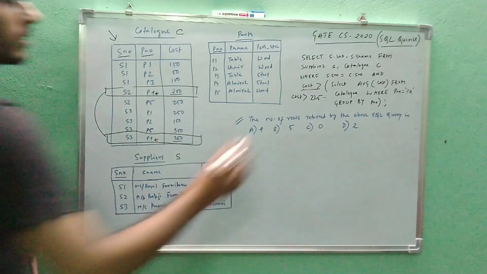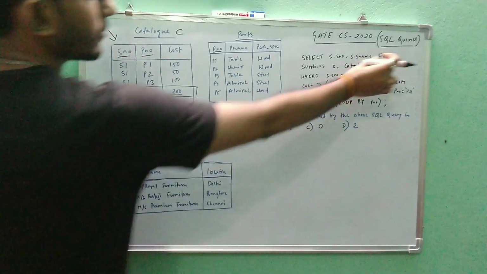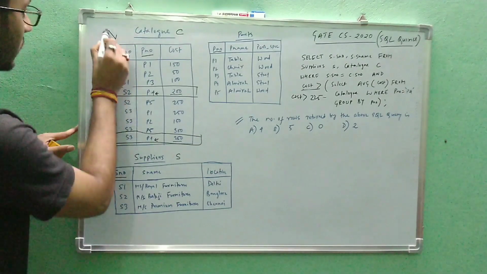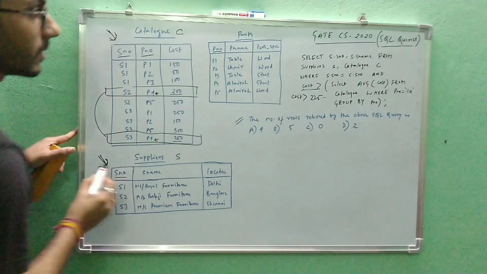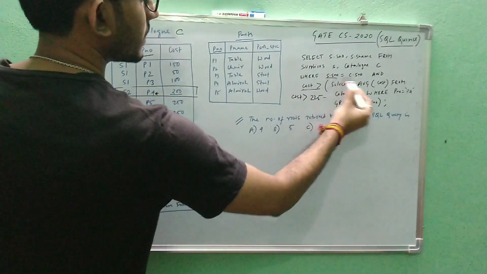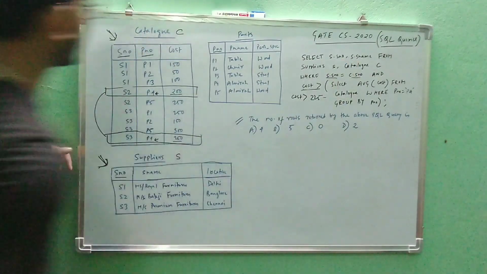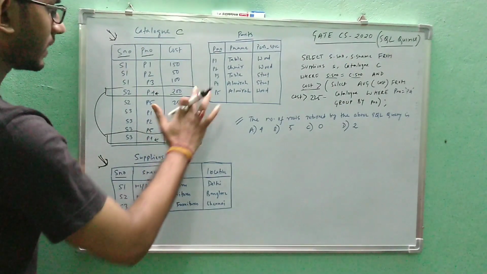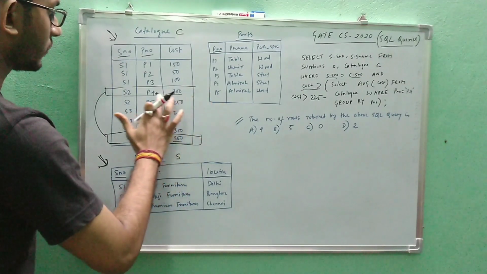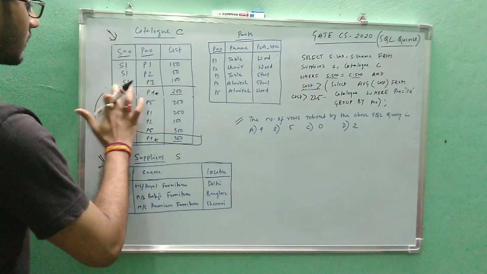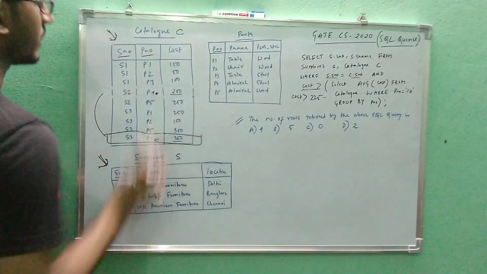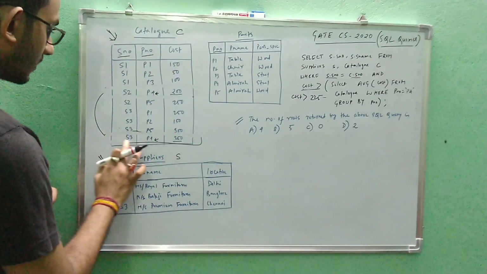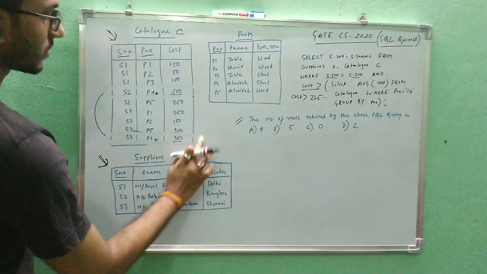So again from this, comma, this. We'll consider these two tables at a time now, this table and this table. Where S number is equal to C.S number. So we'll just try to filter out which are the rows. Okay, so let us remove these marks because those were against the previous query, which will not be valid for this current query, and we may get confused.